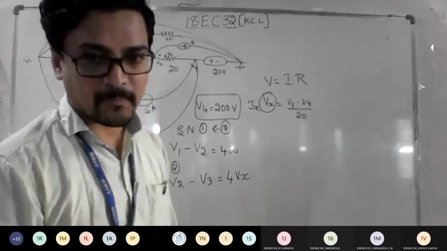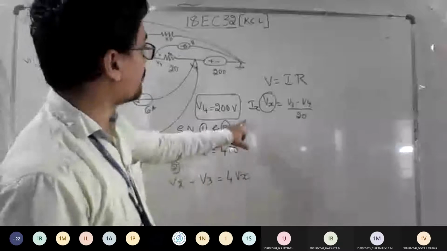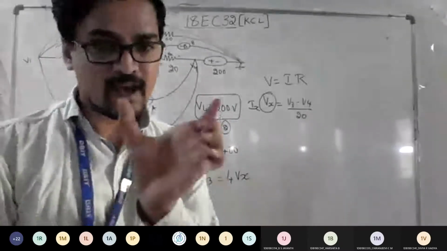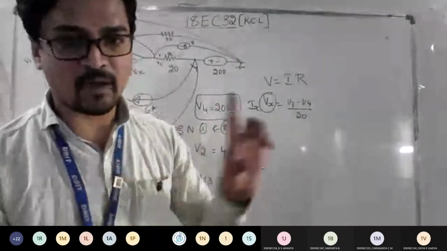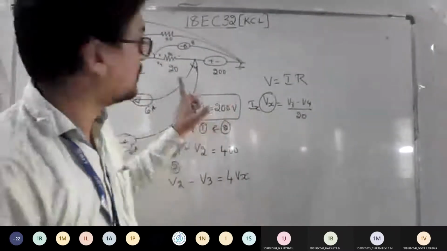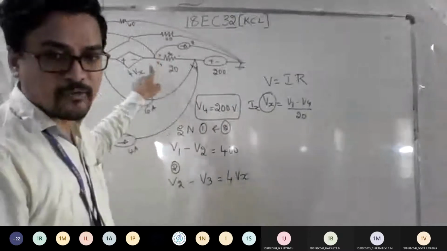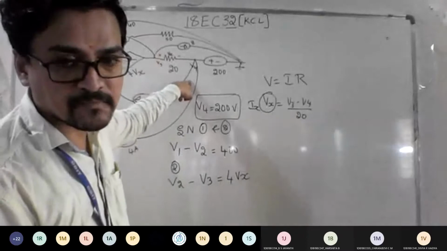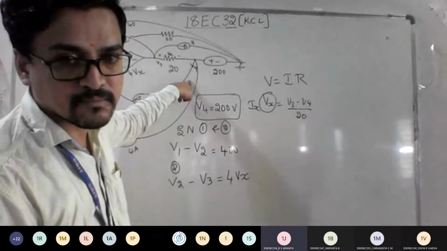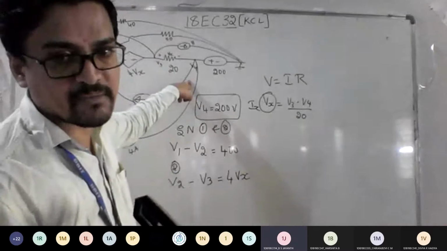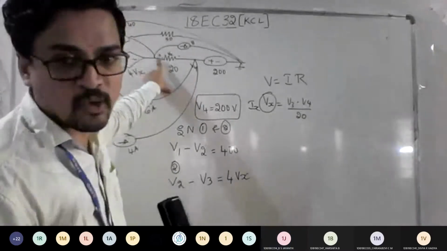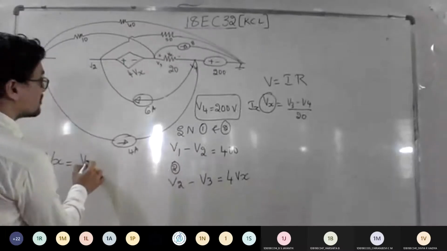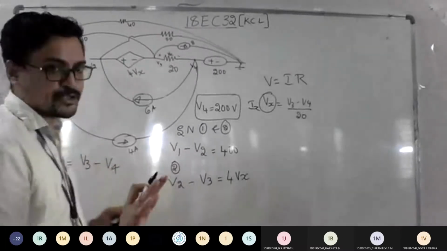See, don't get much panicked with this. Wherever you find Vx, you just need to write the corresponding node voltages across that Vx. So where is positive, negative? You can look at the question, they are given. I can write Vx as V3 minus V4. Why can't I write V4 minus V3? Positive is towards the V3, sir. Because we have made the assumption that wherever the positive terminal node is, that is highest. So in simple terms, you just write Vx as V3 minus V4. Nothing else you should do.